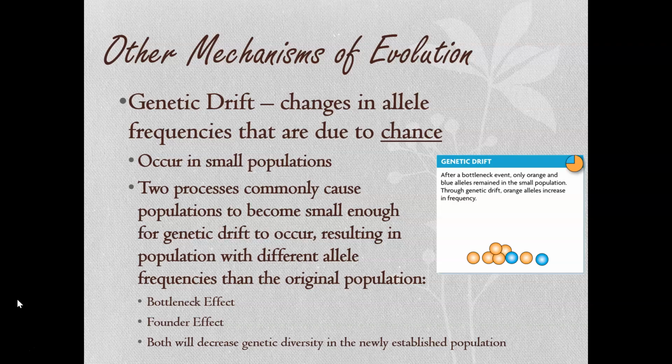Genetic drift is another potential mechanism for evolution, but rather than gene flow sort of being predictable or natural selection being predictable, genetic drift causes the allele frequencies in those populations to change really from random chance. There's no real reason from a biological standpoint for why a particular allele becomes more common and why the other sort of drops off. And this only really happens when we talk about really small populations, because what ends up happening is the smaller and smaller that population is over time, you end up with such little genetic diversity that we really start talking about situations where